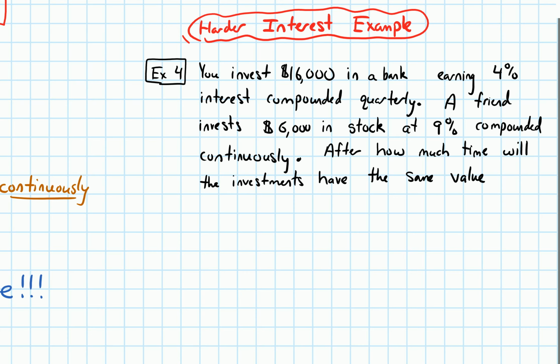So the example is, you invest $16,000 in a bank earning 4% interest compounded quarterly. A friend invests $6,000 in stock at a 9% rate compounded continuously. After how much time will the investments have the same value? Okay, so one thing I should mention is it's implied that these two investments are made at the same time. So when you invest the $16,000 in a bank is the same time that the friend is investing the $6,000